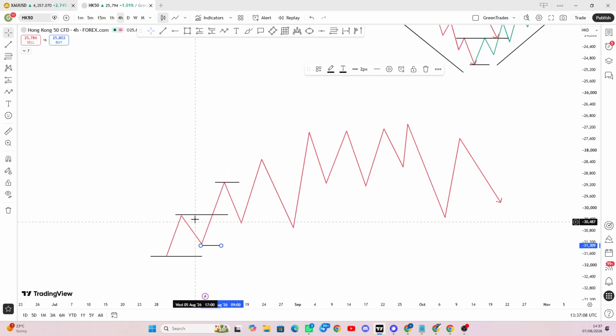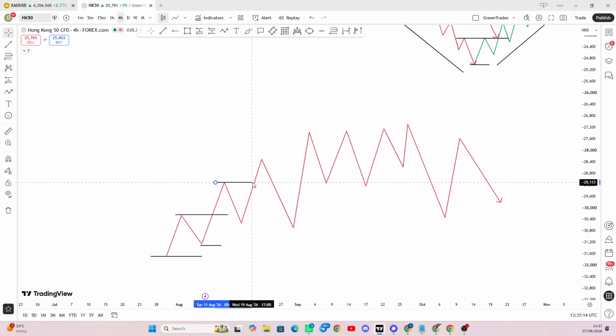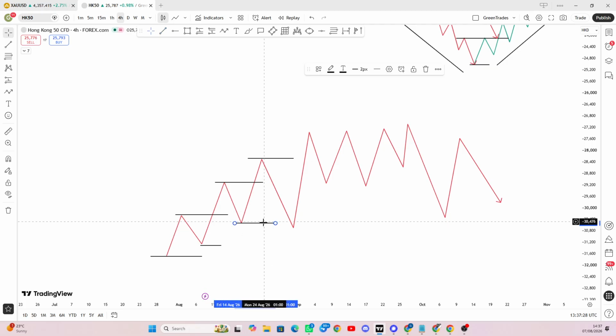So what happened? It broke that high, created a new high. This high is also going to be broken right now. So if this high breaks, right, it forms a new high. Where did this high come from? This high came from this level, right? So let's draw our lines here and say, okay, this is the new high. This high came from this low. So now anything in between these two, it doesn't matter how long it stays in this for, it's still a